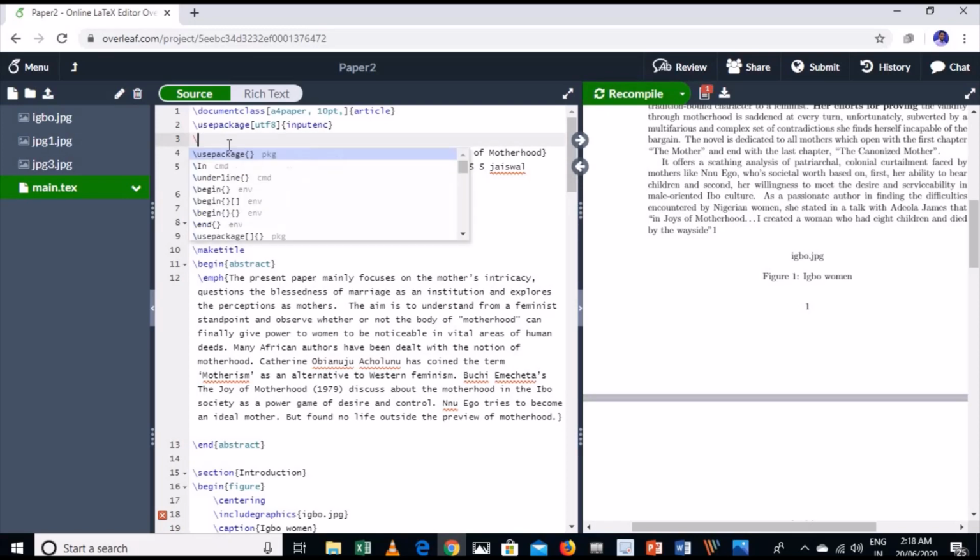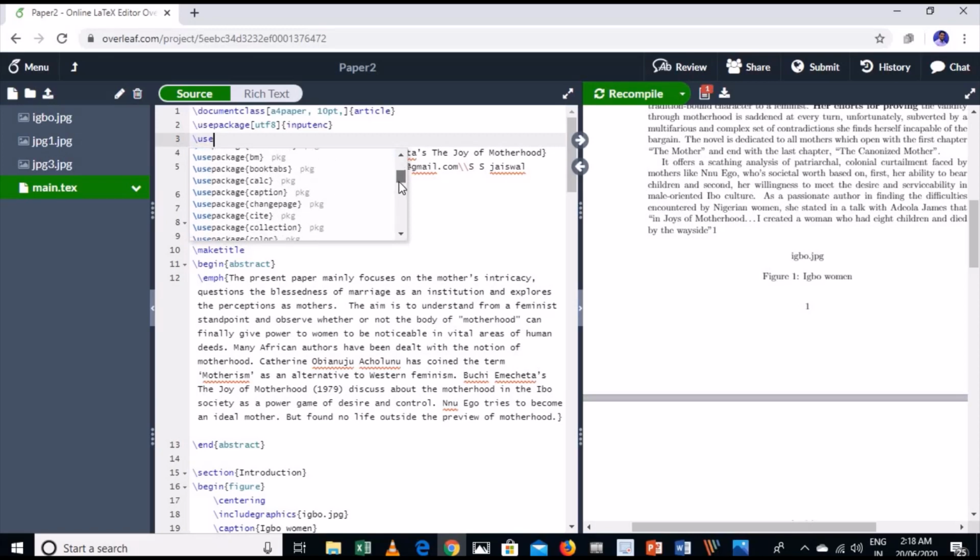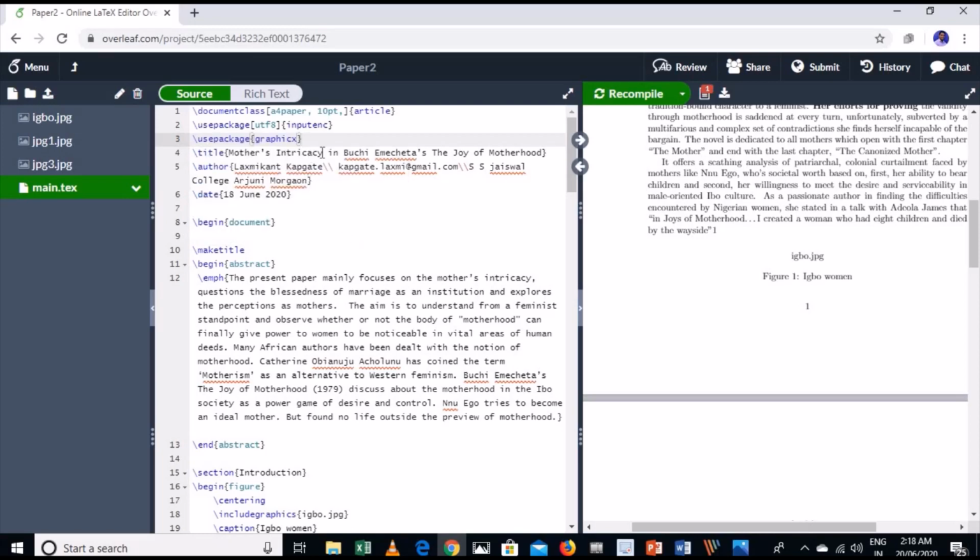So type backslash usepackage. In these packages, I am going to select the graphics one. With the help of this package, I can add an image. As I add this package in my preamble, immediately your photo will be converted in your page and it is visible now.